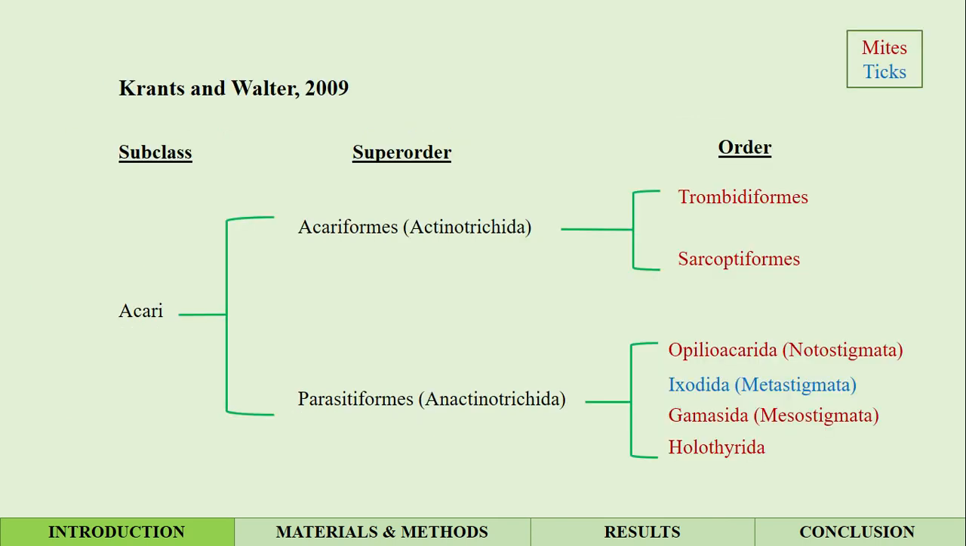According to Krantz and Walter's classification in 2009, the subclass Acari is divided into two superorders, Acariformes and Parasitiformes. Superorder Acariformes is divided into two orders, Trombidiformes and Sarcoptiformes. The superorder Parasitiformes is divided into four orders, Opilioacarida or Notostigmata, order Ixodida or Metastigmata, order Gamasida or Mesostigmata, and